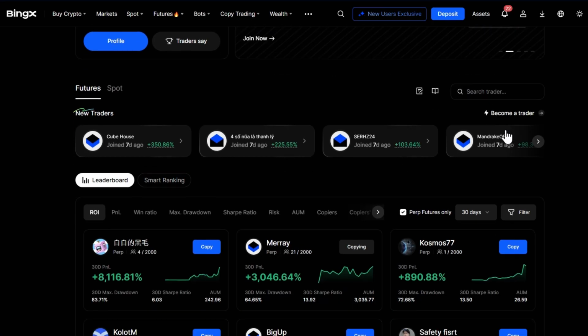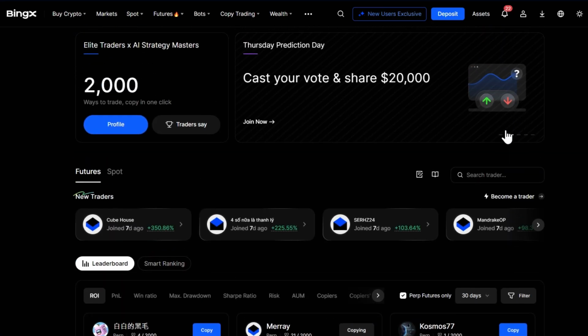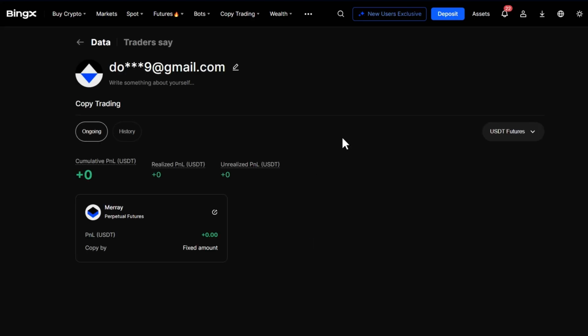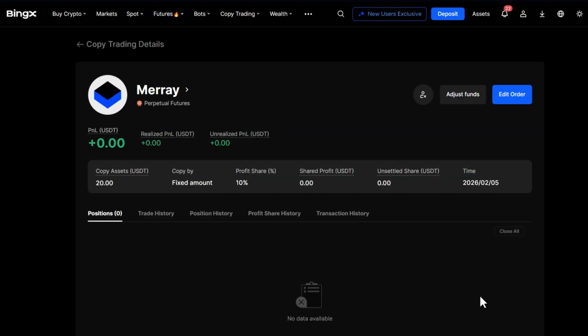Now look, copy trading is not completely passive. You need to monitor your positions regularly. Go to the copy trading dashboard and click on your profile to manage everything. Here you can see all your active copy trades. This shows which traders you're copying, copy mode, profit sharing, positions, realized P&L. This is the profits or losses from closed trades, and unrealized P&L, which is your profits or losses based on